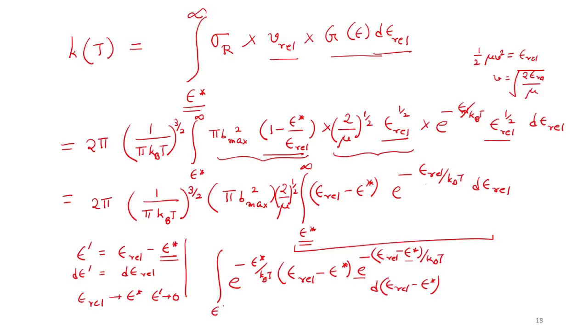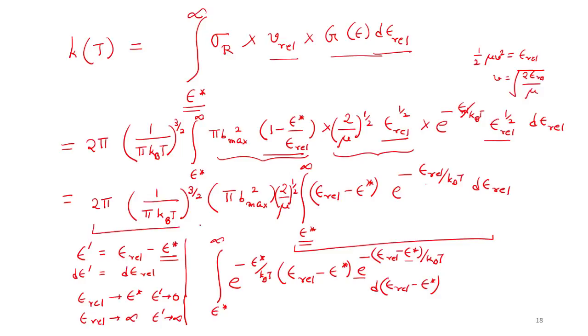So in that relative thing, if I just write it, then the lower limit will now be 0 in the next step, and when E relative goes to infinity, epsilon prime also goes to infinity. Now I actually have a 0 to infinity limit, and then I can write this integral once again. So k of t